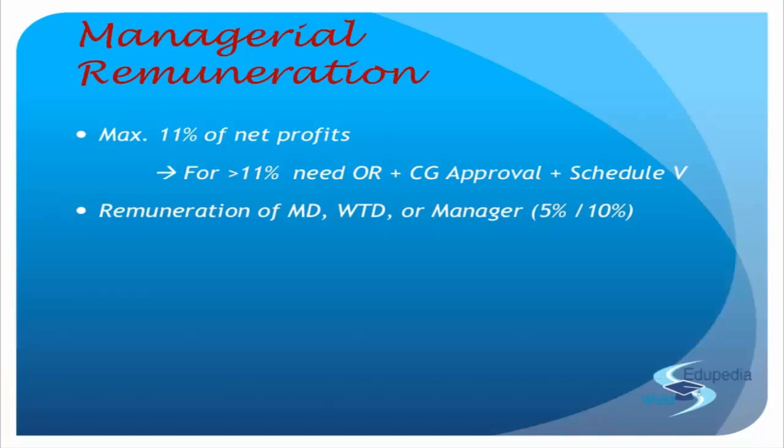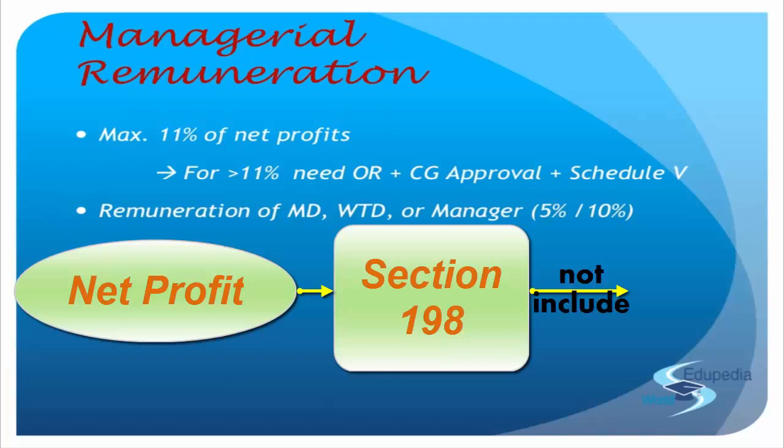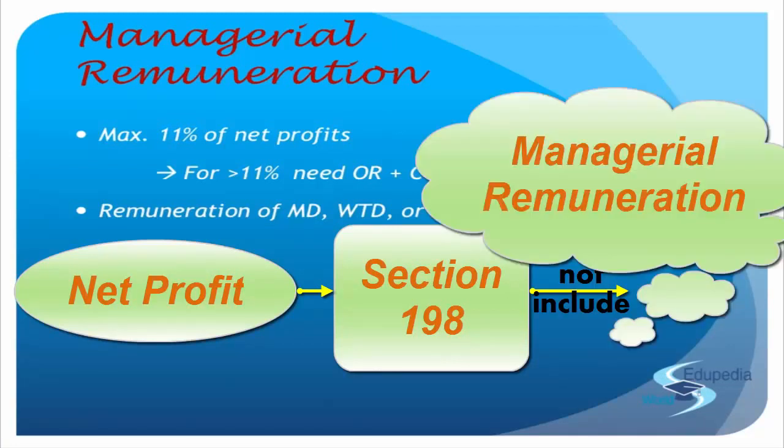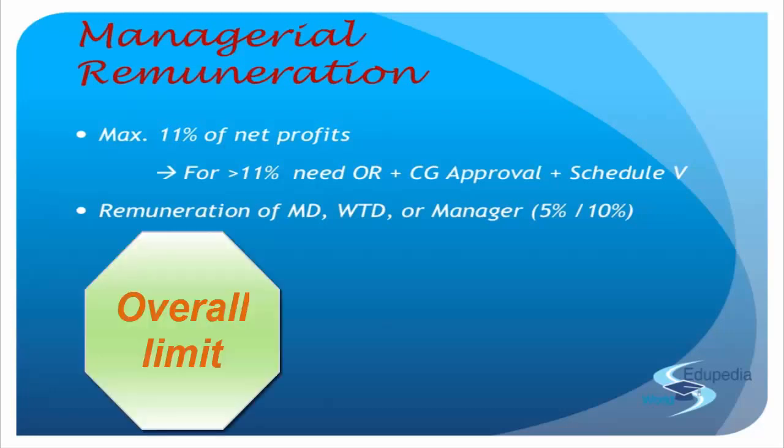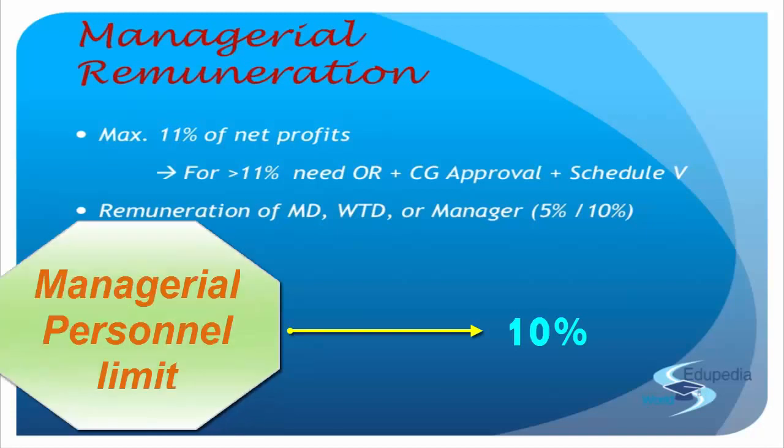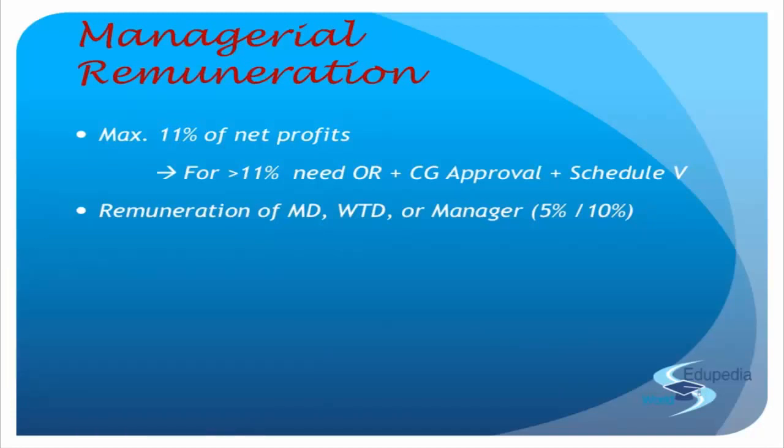Right? And always remember when you're talking about this net profit from 198, we will not include the managerial remuneration in that net profit calculation. Again, this figure of 10% can also be increased, and to increase it, all you need is an approval from the members in the general meeting. That's it. And understand, if you go back and refer, somebody must be thinking, okay, if it's 10, increasing means just 1% is the margin. No, if I want to increase it to 12%, what do I do? So understand, my dear friend, the overall limit is 11%. Individually, the managerial personnel limit is 10%. If you want to increase this, it means the overall limit also gets exceeded.